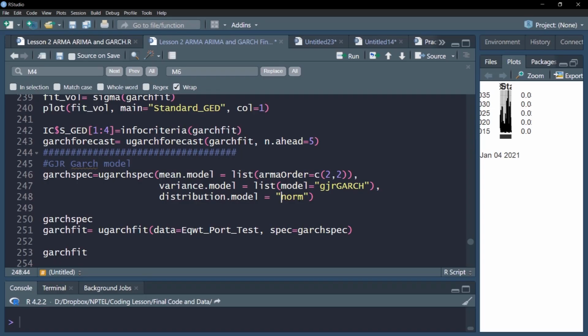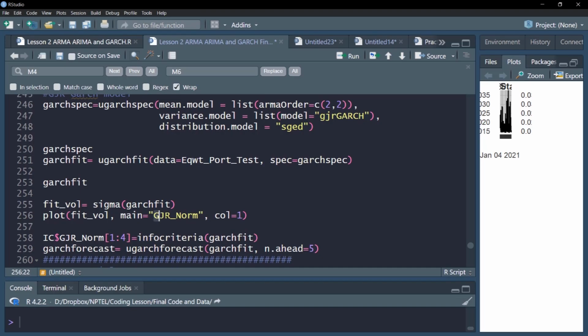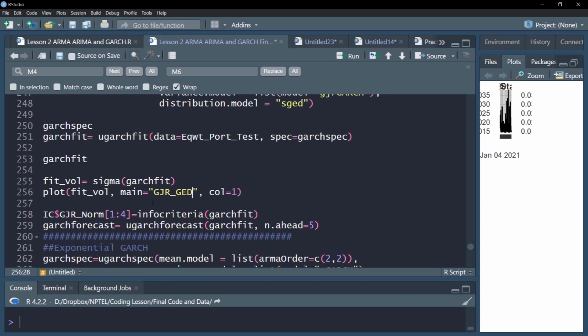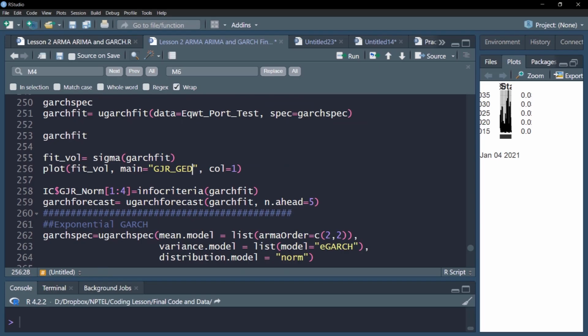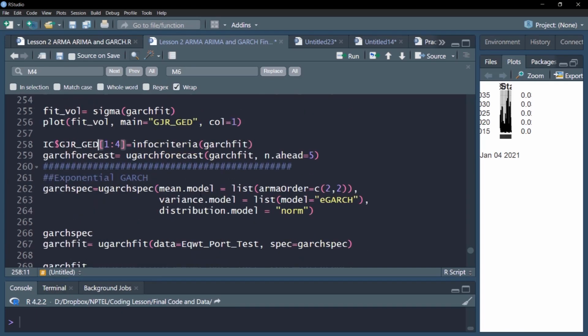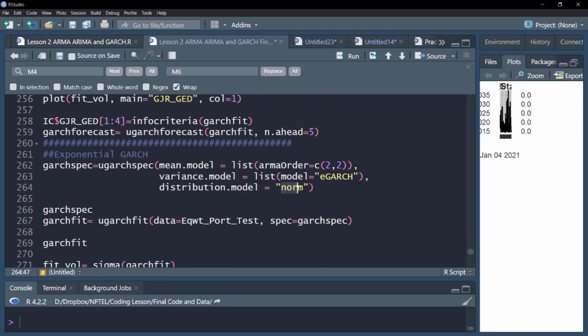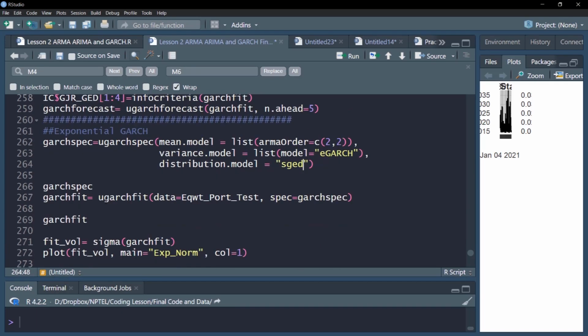Similarly here I need to use a generalized error distribution, and here also instead of normal I'll use GED, and here also I need to use GJR GED. Lastly here also I'll change to SGD.